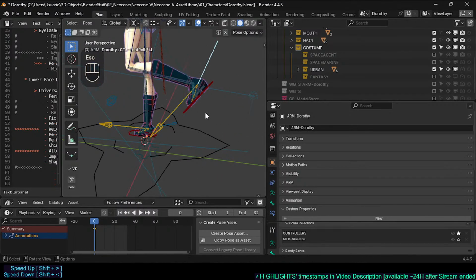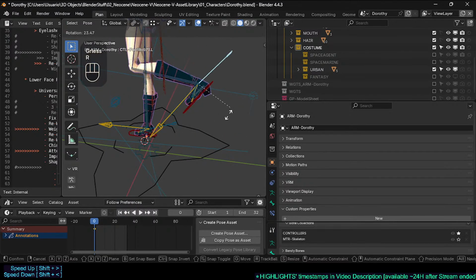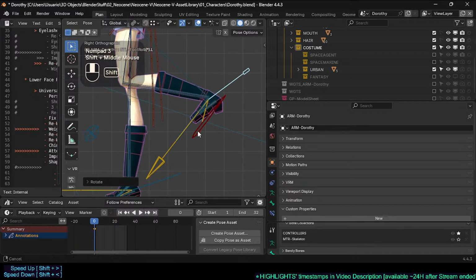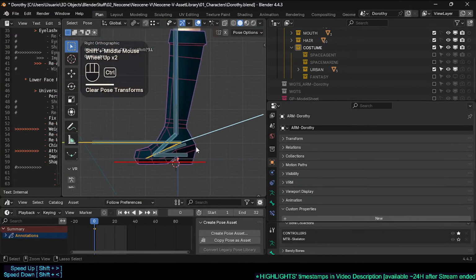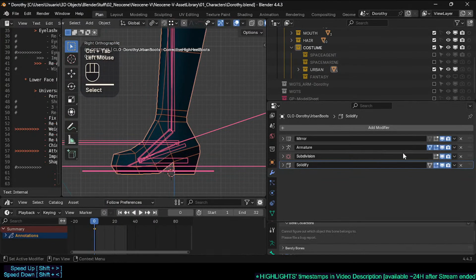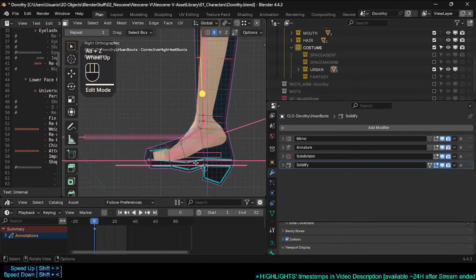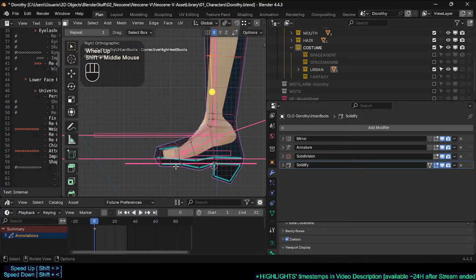We are getting the, possibly we could improve something here. Oh, yeah, so this maybe we could